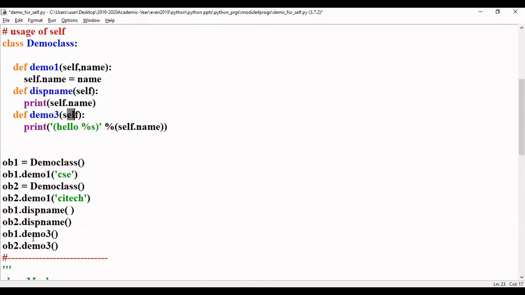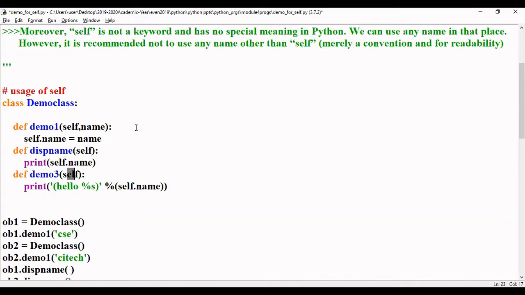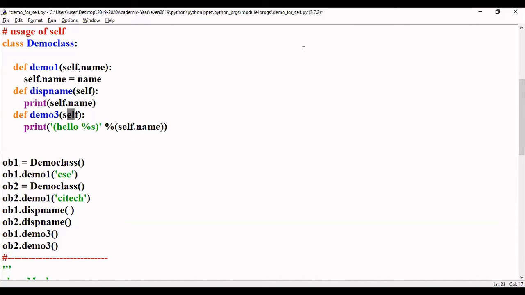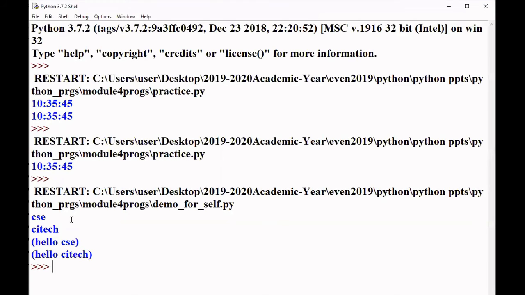So ob1.demo3 prints self.name. Which name will be printed here? Hello and the name, that is Hello CSE, and Hello CITech will be printed. So let us see whether it works the way I have explained. First was CSE, next CITech, Hello CSE, Hello CITech.